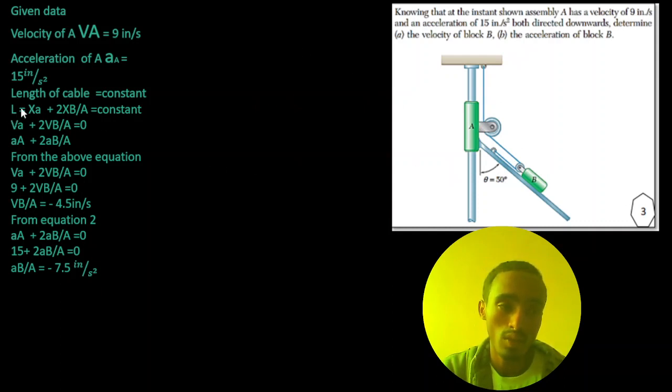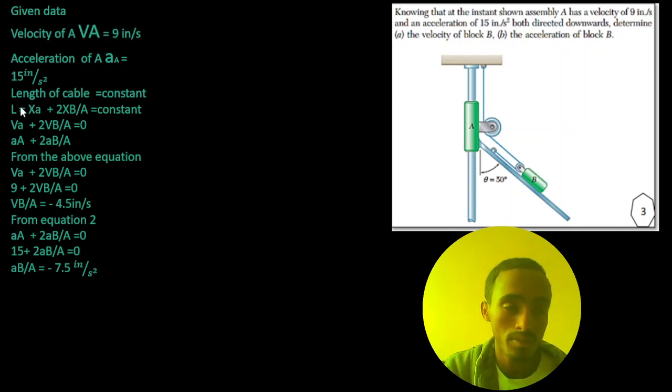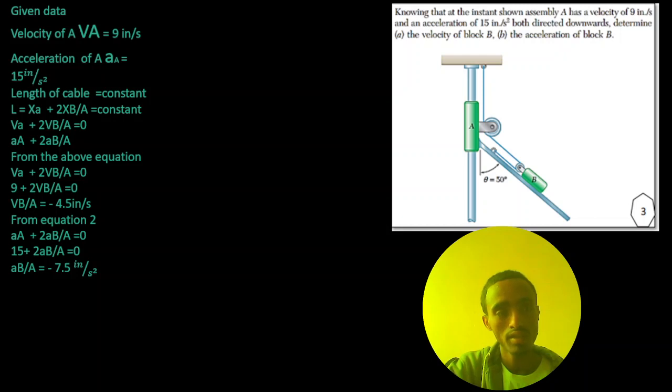So the length of the cable is constant, equal to x_A, which means this length, plus 2 x_B/A, which means this length, which is 1 plus 2, is 2 times x_B/A. When we differentiate this, we get v_A plus 2 v_B/A is equal to 0, since it is constant, and when you differentiate it, the value is 0. Again, when we differentiate this equation, we get the acceleration a_A plus